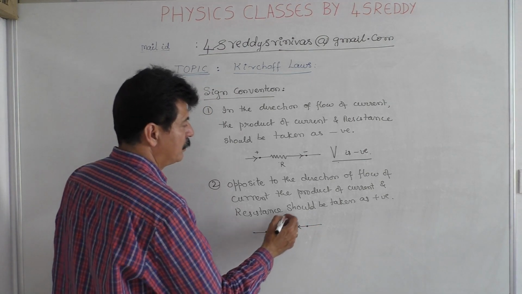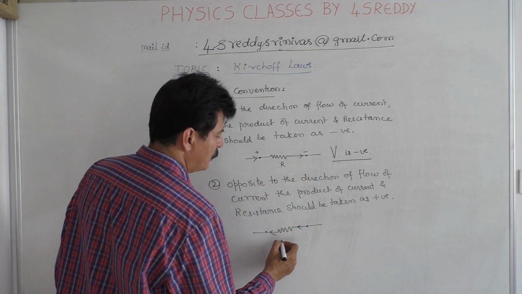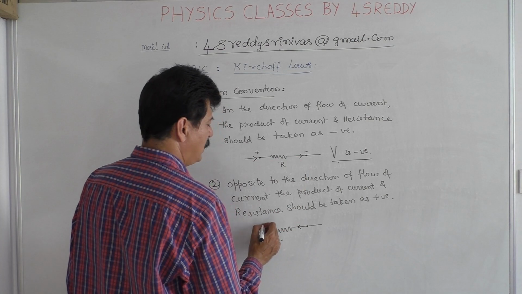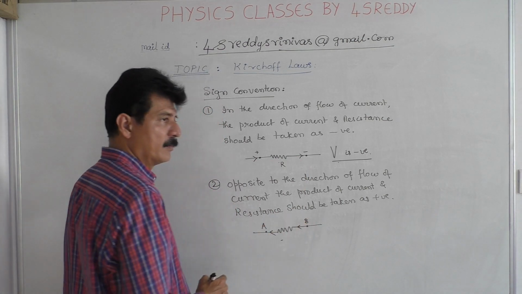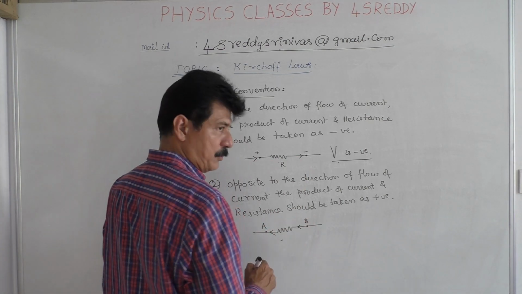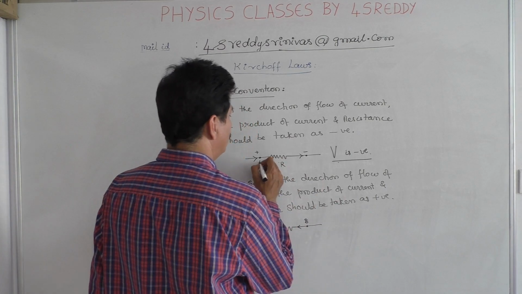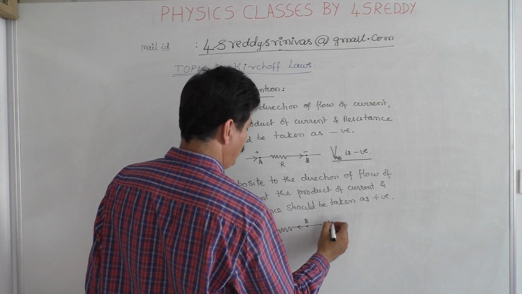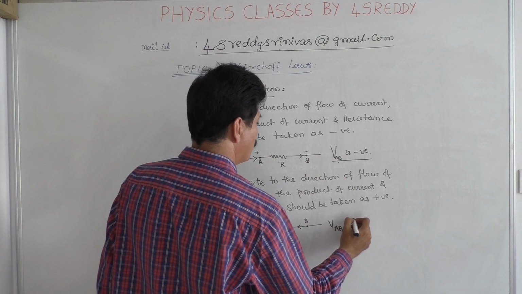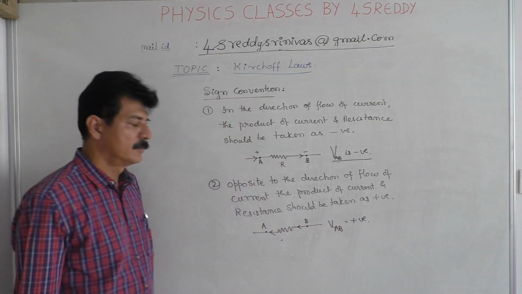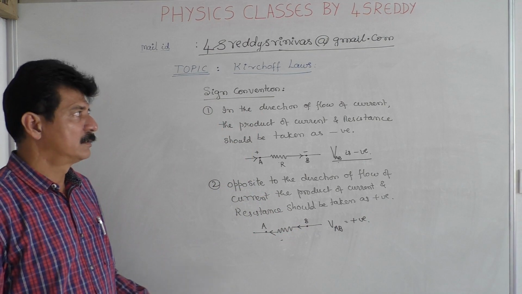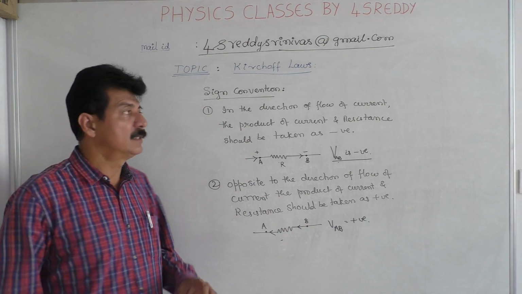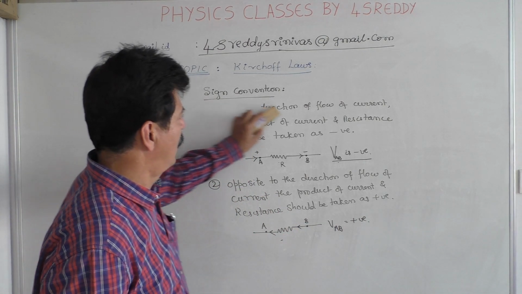If you measure the potential difference opposite to this, say this is A and this is B, and you are measuring from A to B, then here VAB is negative, here VAB is positive. This is the sign convention regarding the potential difference. And